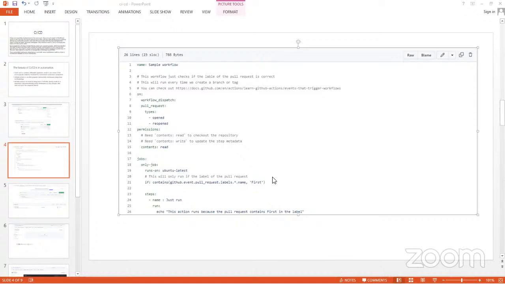And then I say that if this condition here is passed, then run this step here. I just wanted to print something to the output, and what it is going to print out is that this action ran because the pull request contains first in the label. So this is a simple, one-step action that occurs when we have a pull request, and the pull request can be opened or reopened. So if I go to the next slide,